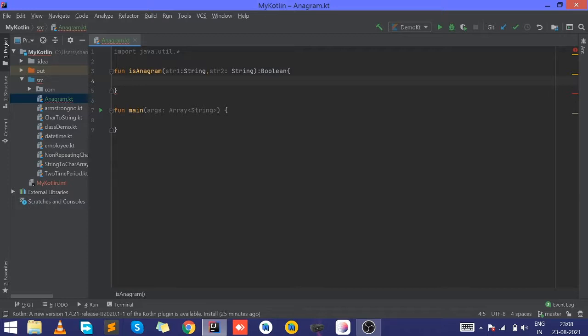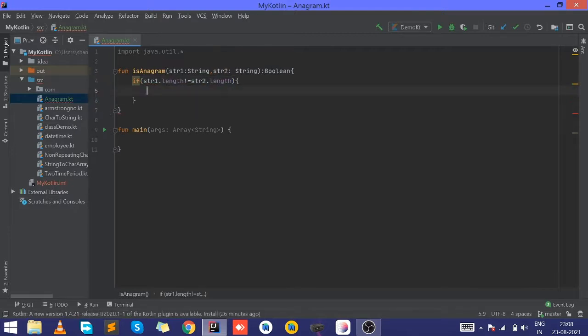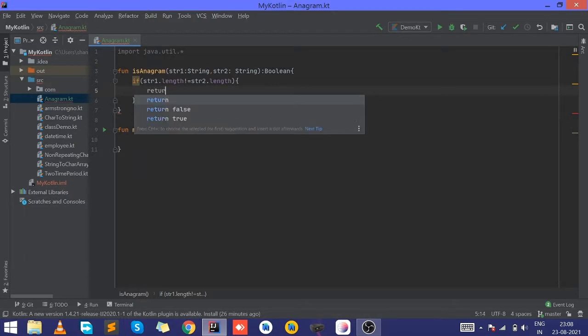Now we have to check whether both string lengths are equal or not. Then we can easily find out whether both strings are anagrams or not. So write: if string 1 length is not equal to string 2 length, return false. If both string lengths are equal, then it can return a true value.